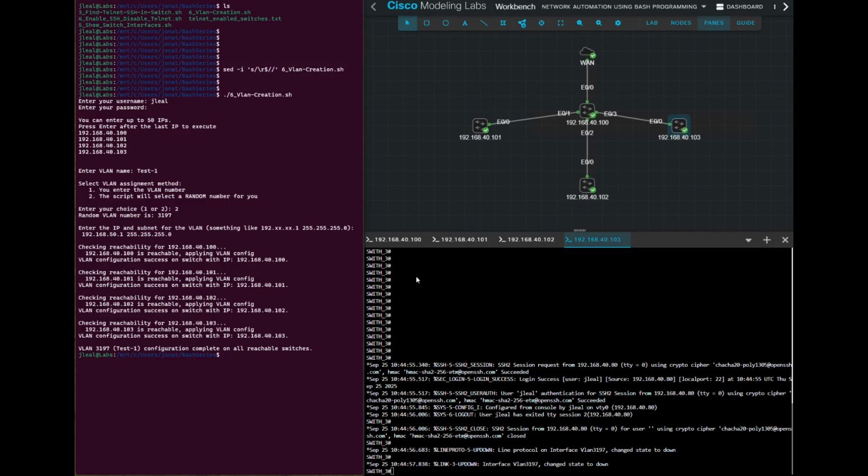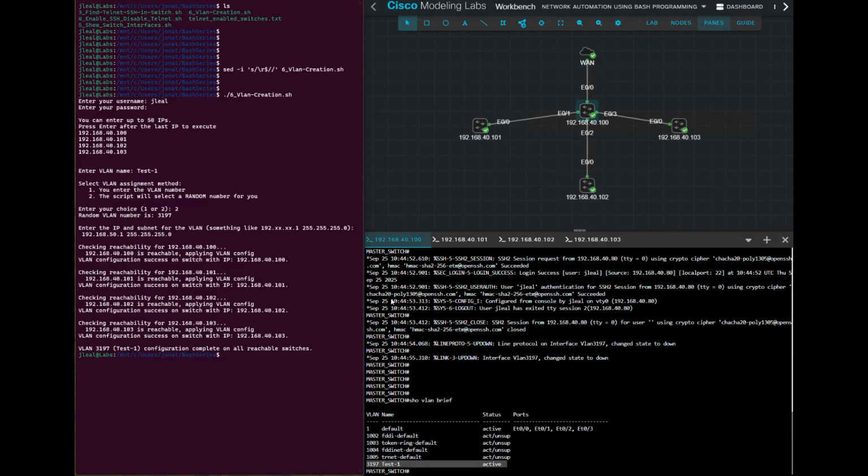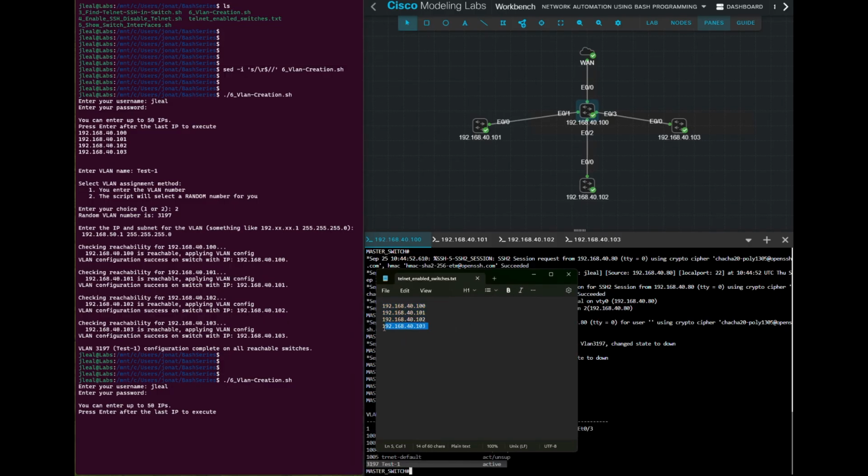Now if I go back to the master switch, and it's right there, and we can see that only the one new VLAN that we created is showing in the list of internal VLANs for the switch. So let's go ahead and create another one. In this case, I'm going to manually enter the VLAN number. So I'm going to run the script again, username and password. And now I'm going to bring my list of switches back up. I'm going to copy all, paste them,